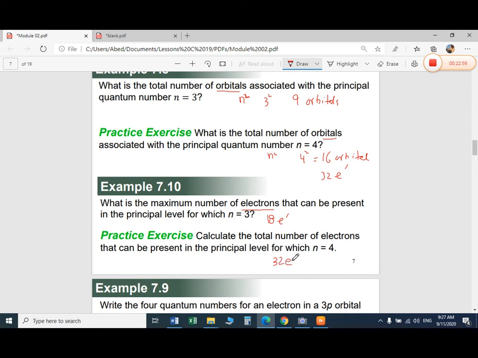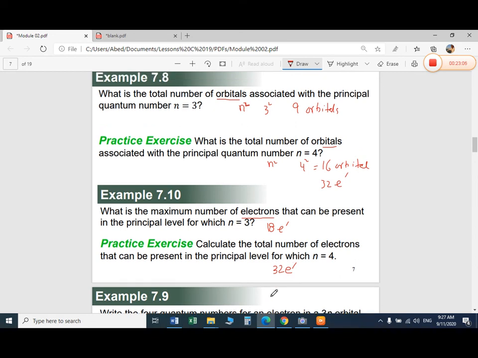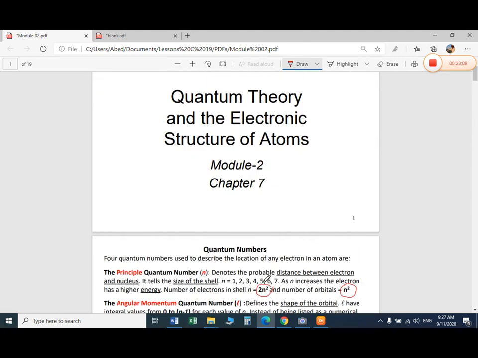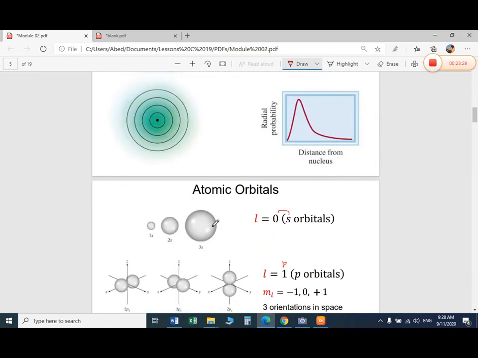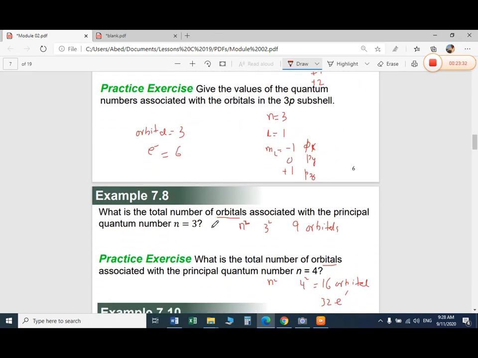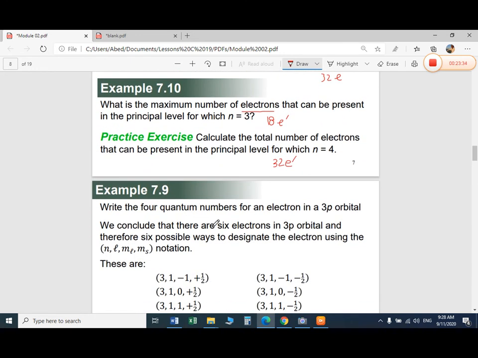So it can ask you to combine both orbitals and electrons together or separately, but you have to remember the formula. The formula is here. Let me show you so you can learn quickly. This is the formula for calculating the number of electrons in the shell, and this is the formula for calculating the number of orbitals in the shell. This is the formula for calculating the number of electrons in the subshell. This is the formula for calculating the orbitals in the subshell. So the question can be changed. He can ask you either way. Here all exercises are not complete. The question can be changed.